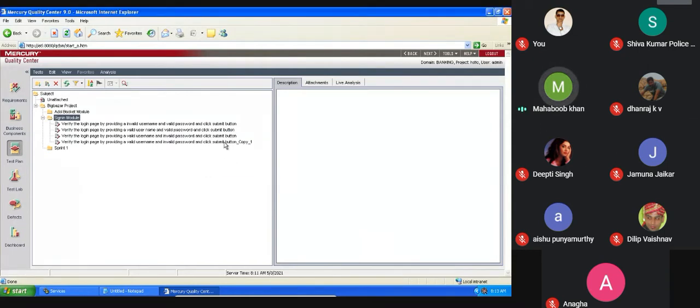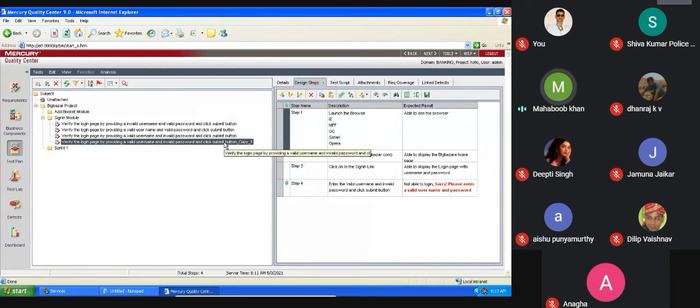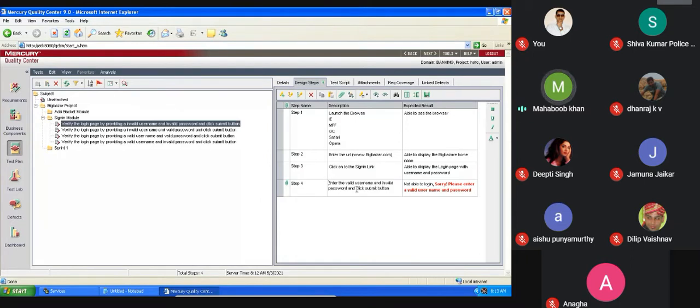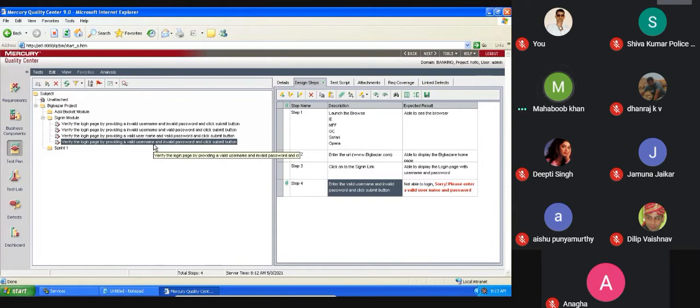So come here and make the changes, both invalid, remove this and change the expected result. So no need of writing each and everything. Like this you will be writing all the test cases whatever is present. If you want to write more, the same thing you need to follow.